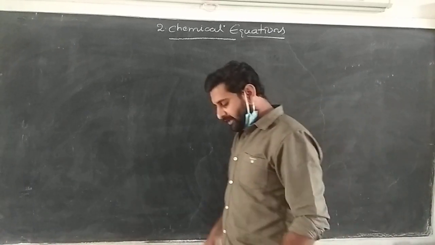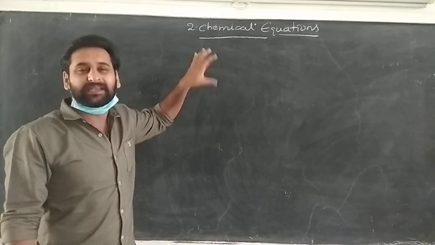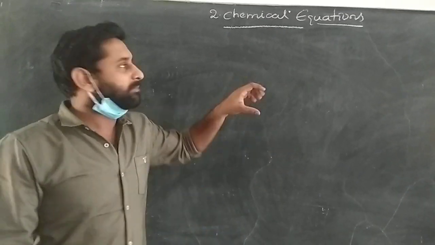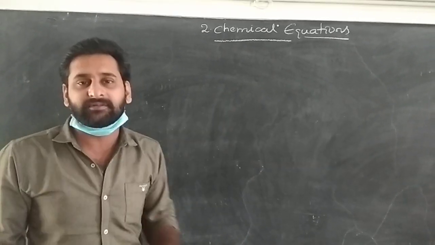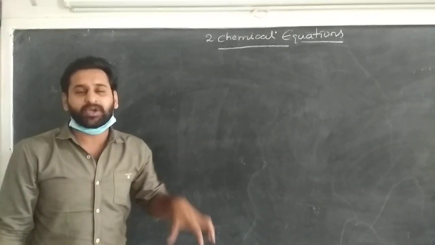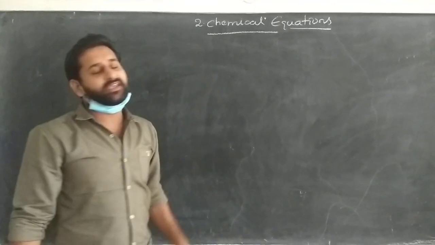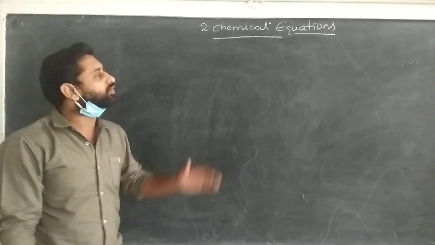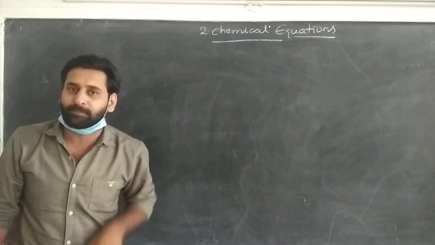So, you already know what the chemical equations chapter is, what we already learned here. But let me briefly introduce it once again to recollect the chapter and help you understand. I hope you are done with the first chapter and have learned everything. So let me go with the second chapter, what is important and unimportant, where we need to learn everything, what is most important in this chapter and where we mostly face problems.